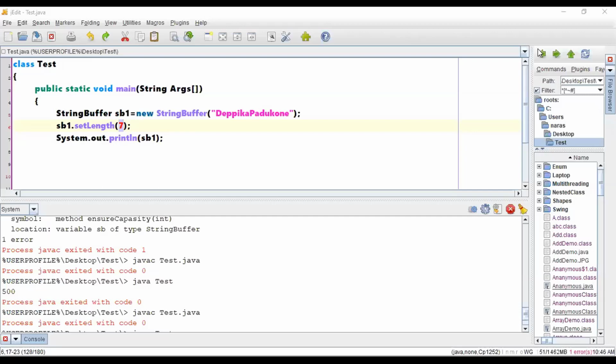We gave a formula for capacity: if the capacity is crossed, then the new capacity will be the older capacity into 2 plus 2. Then we discussed the ensureCapacity method, its purpose and when to go with it. Then we discussed setLength, and we said that whatever length you specify, those many characters will be taken.